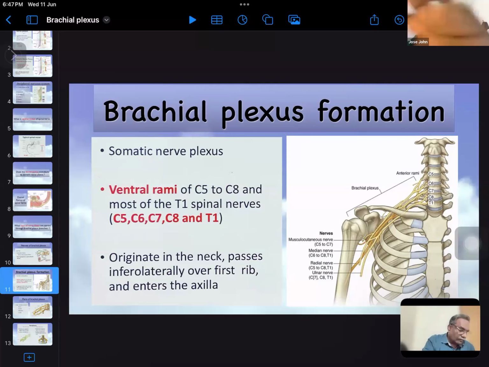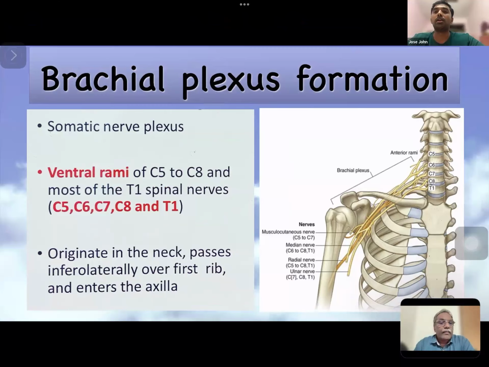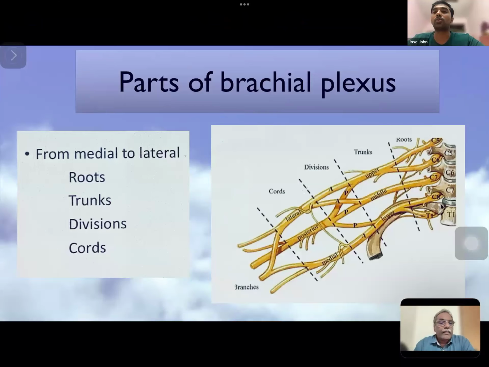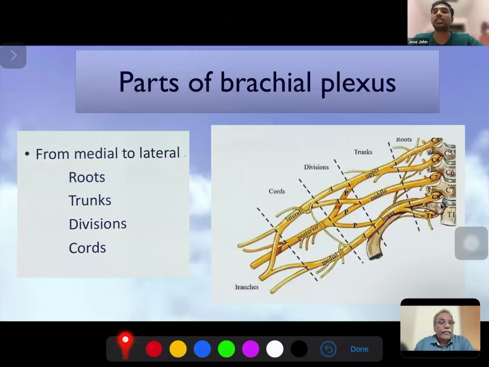The prefix type and the postfix type. Prefix: normally the brachial plexus arises from C5 to T1. In case of prefix, there will be a larger contribution of the nerve plexus from the C4 level, that is, one segment higher than the normal. So there will be increased supply from C4. Then coming to the postfix,